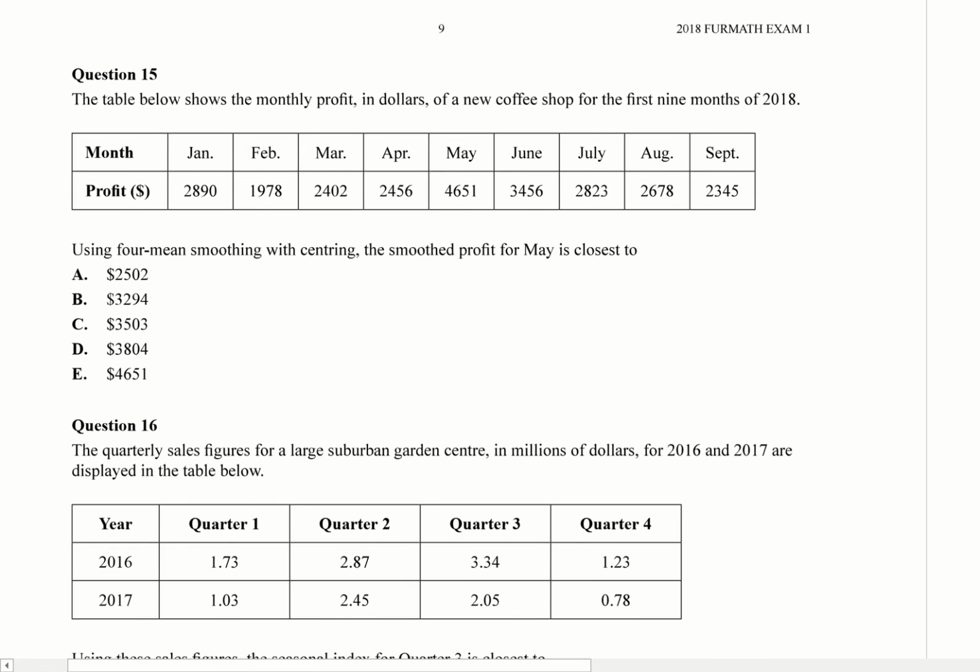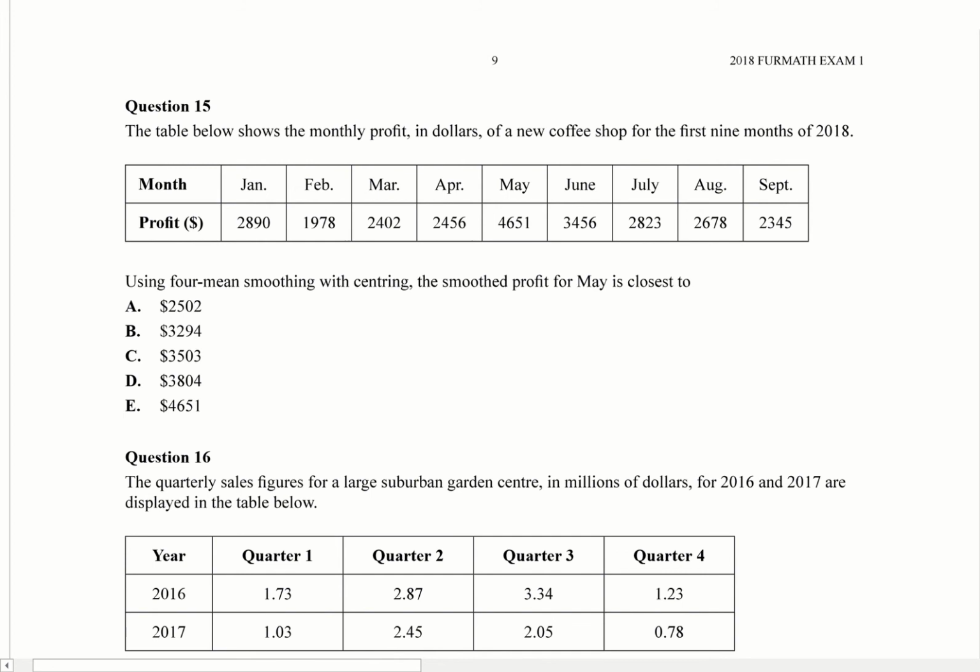All right, the table below shows the monthly profit in dollars of a new coffee shop for the first 9 months of 2018. So we want to use the 4 mean smoothing with centering for the smoothed profit for May is closest to. Okay, so